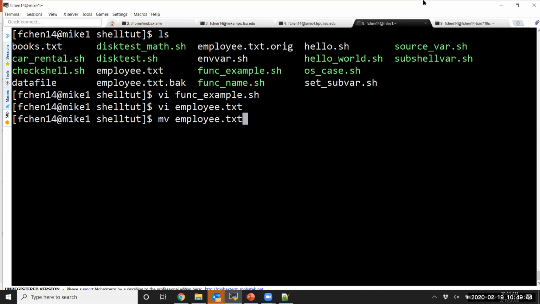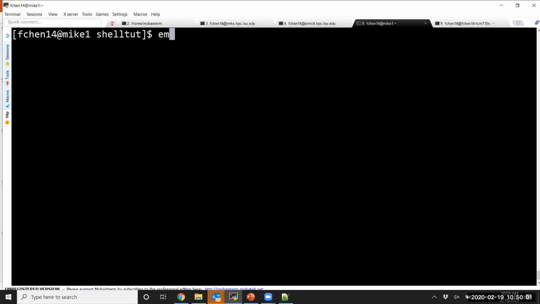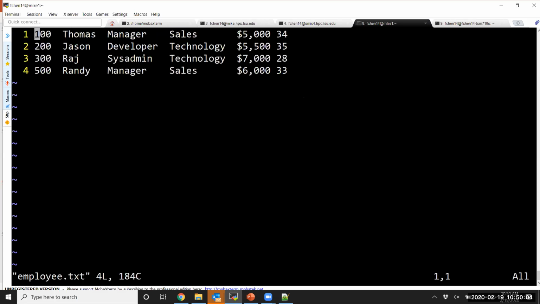All right, so I'm going to take a look at the original file. Let me first move that. Take a look at this table. This is a table showing the salary of some persons in a company. This kind of table is commonly seen. If I want you to add the total salary of all these persons,